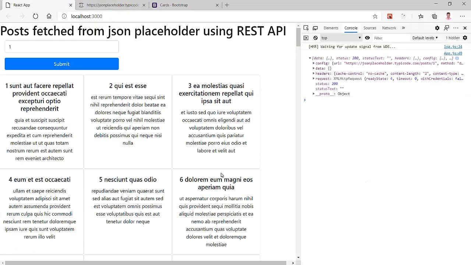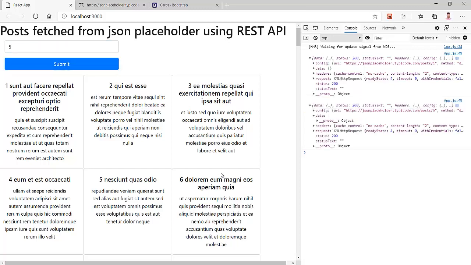So I am telling you how you can send the request here. If you want to delete the 5th, you can also send 5 here. See that we are getting data back. Data is nothing, which means our request is accepted and it deleted the post with ID 5. So this video was about how we can send requests using Axios with React.js.